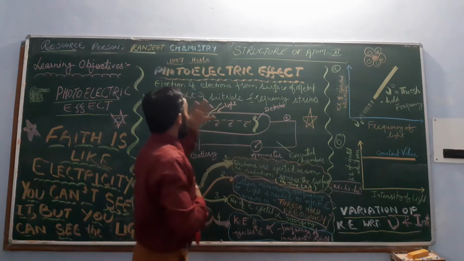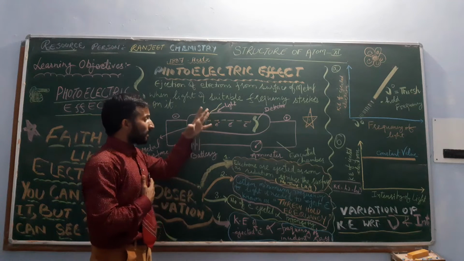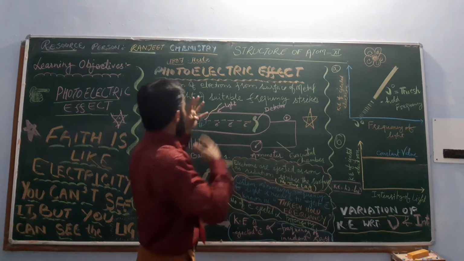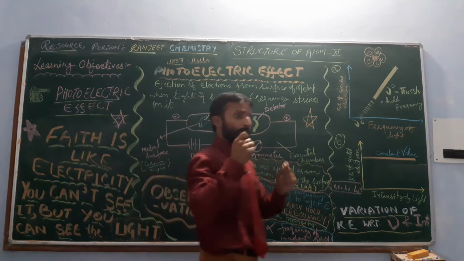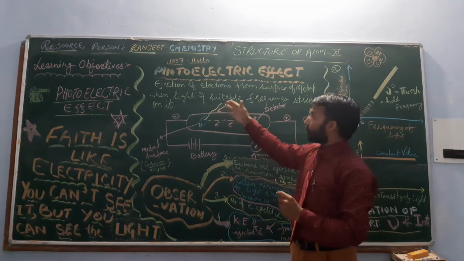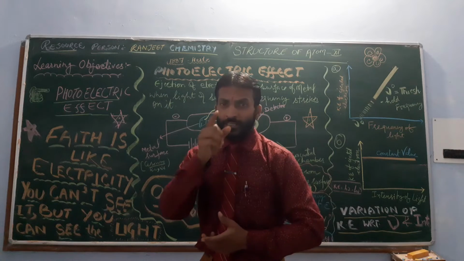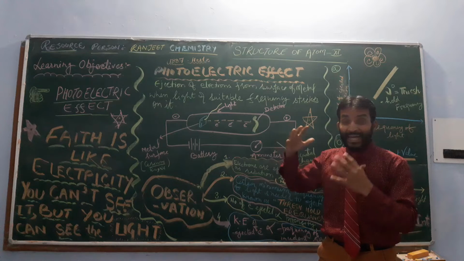Same here, energy is required when suitable frequency light strikes on the surface of metal. So this is known as photoelectric effect, ejection of electron from the surface of metal when light of suitable frequency strikes on it. Dear students, this experiment was performed by Hertz at